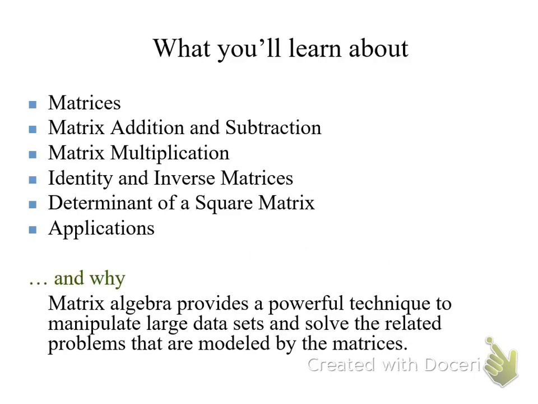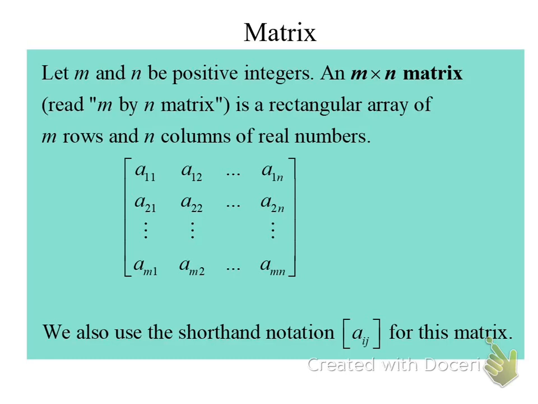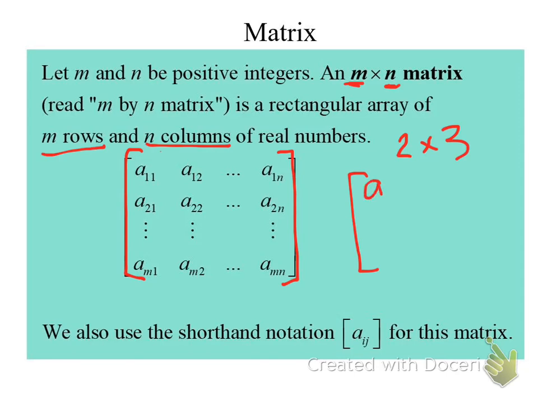So getting started with our matrix. First of all, matrices are going to have these square brackets on them. With them, we will have matrices that have a specific order. M means that's how many rows I have, and then N would be the number of columns. So, for example, if I have a 2 by 3 matrix, what that means is that I would have a